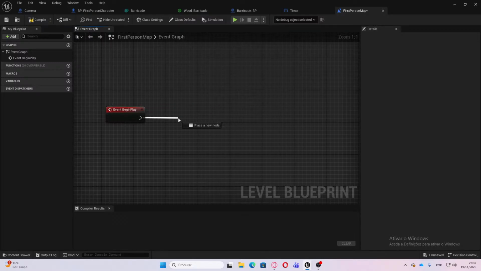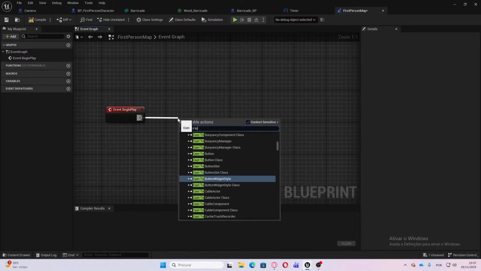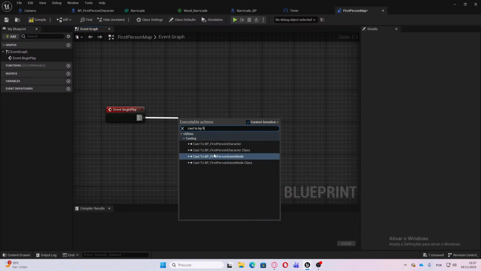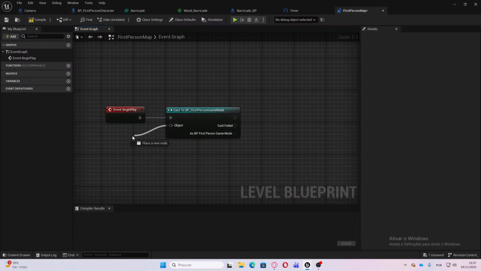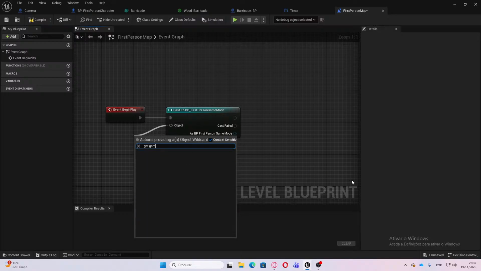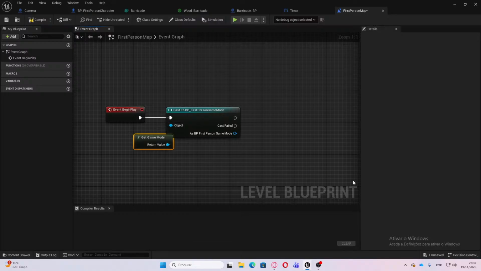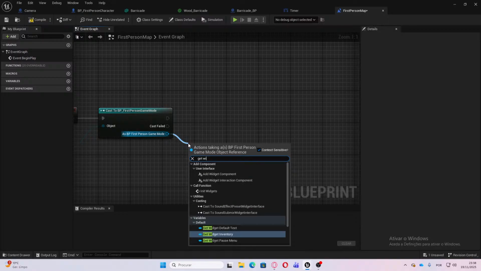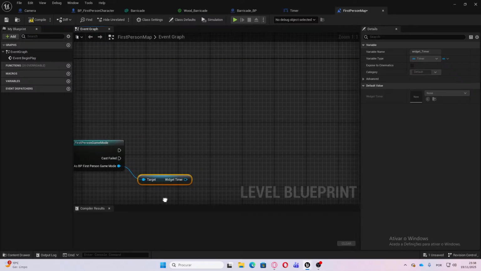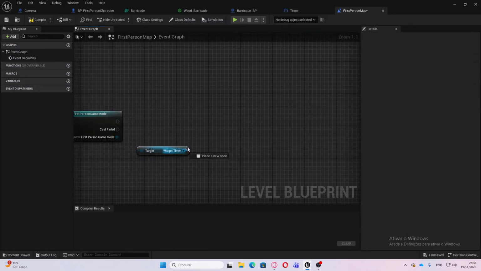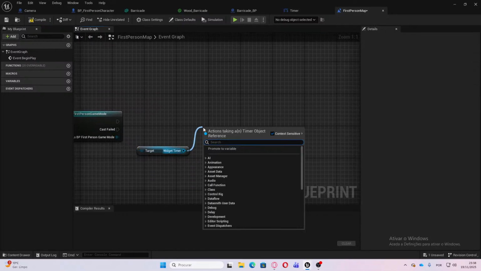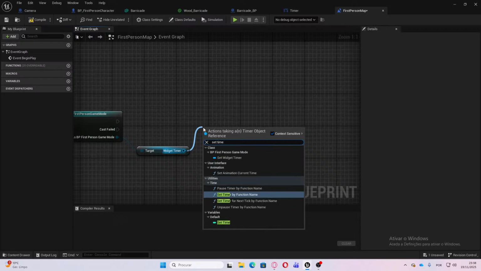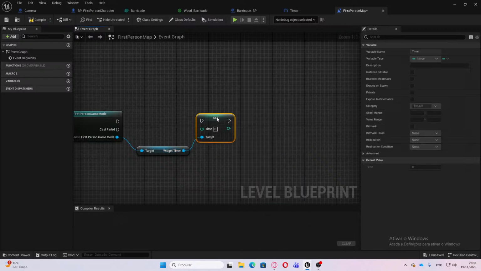And on event begin play, I want to cast to BP first person game mode, and let's get the game mode. So get game mode. Then I wanna get the widget. So get widget and get timer. And then this widget timer, I wanna set time to